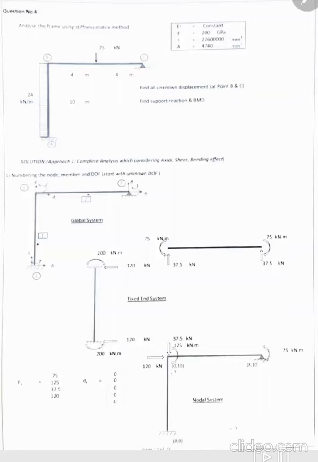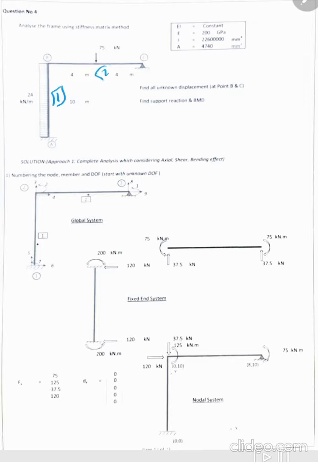Hello everyone, today I'm going to talk about the frame. So here we have a frame and we want to solve it by the stiffness method. This is a frame, this is member number 1